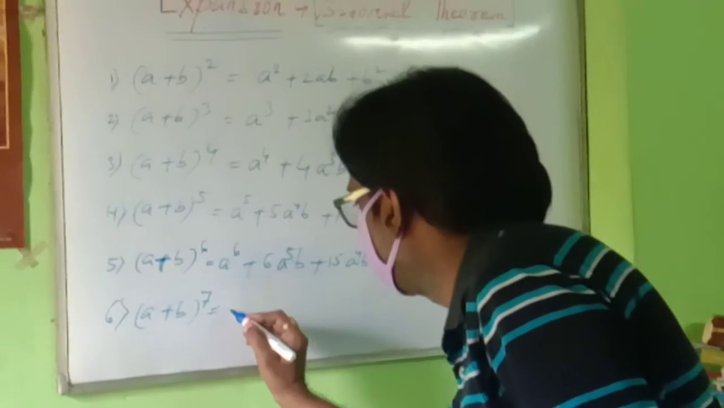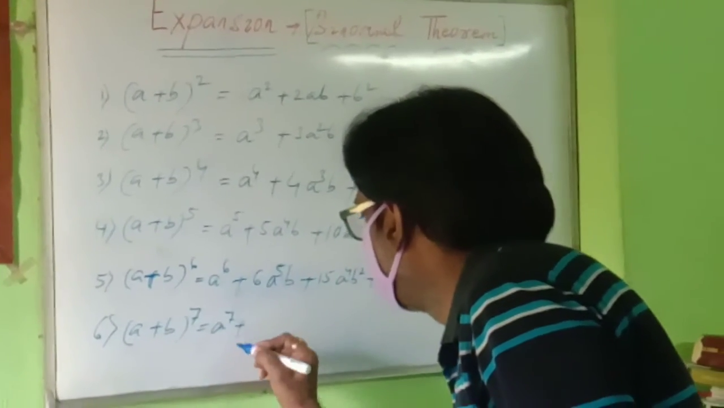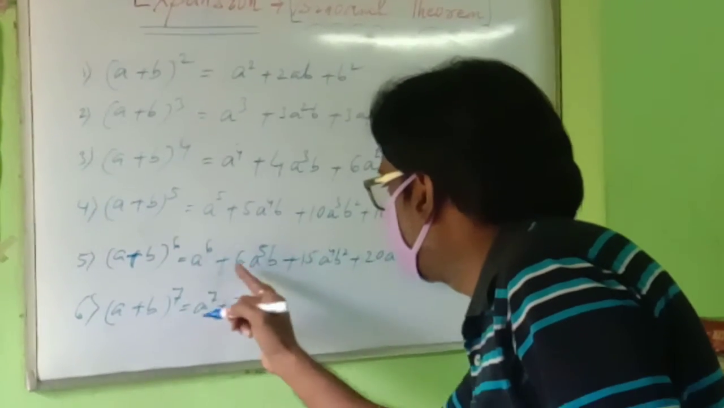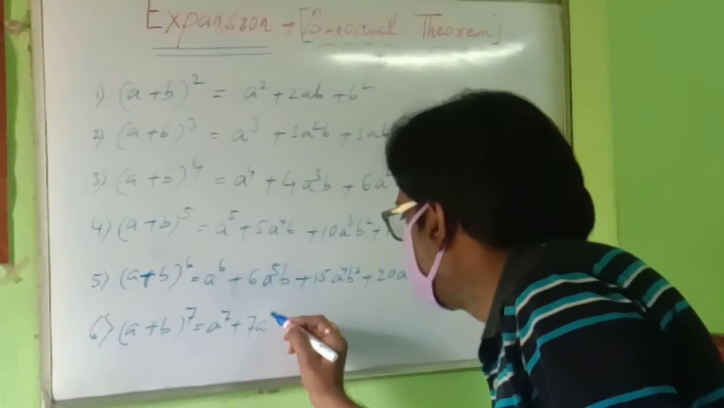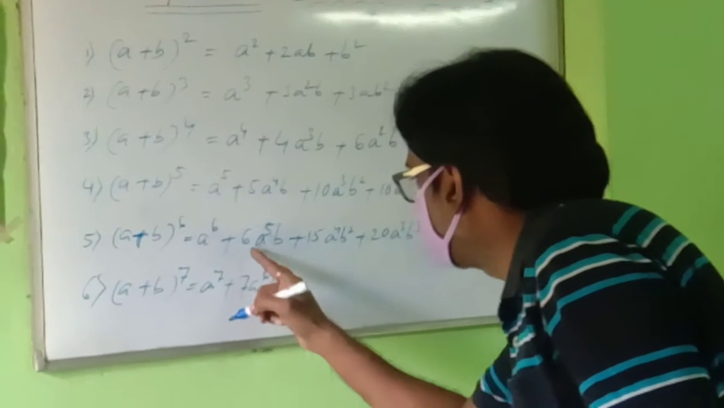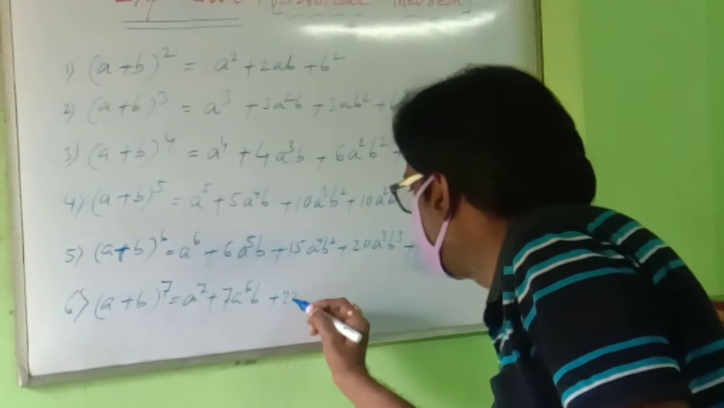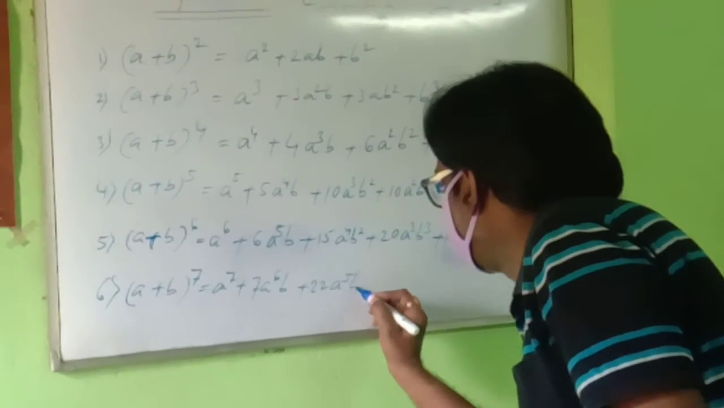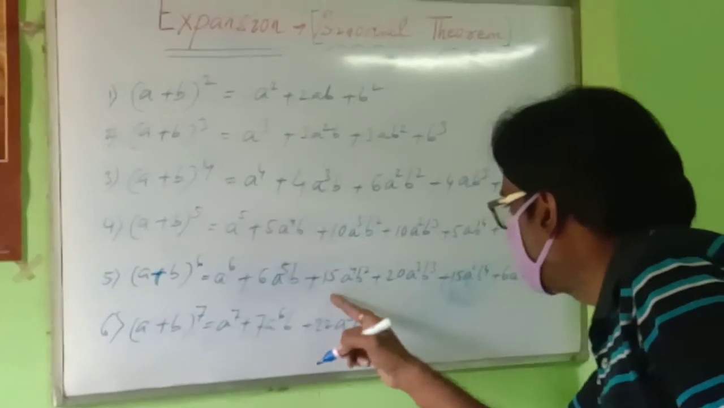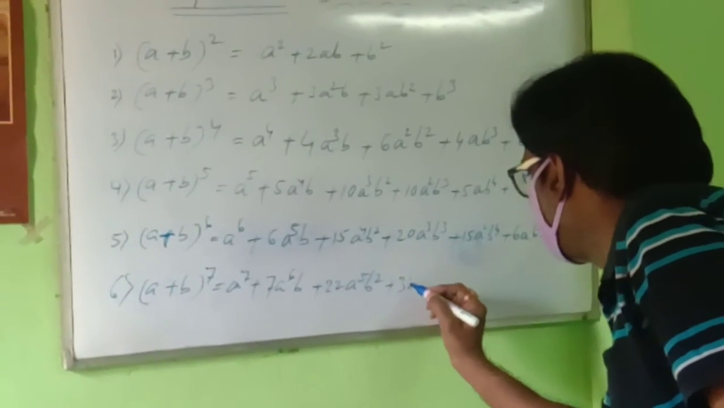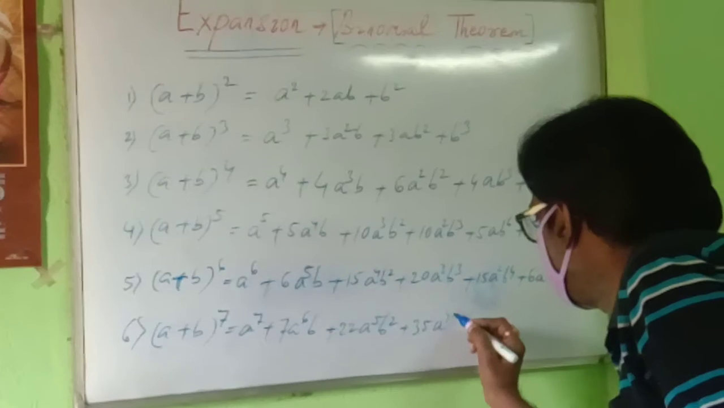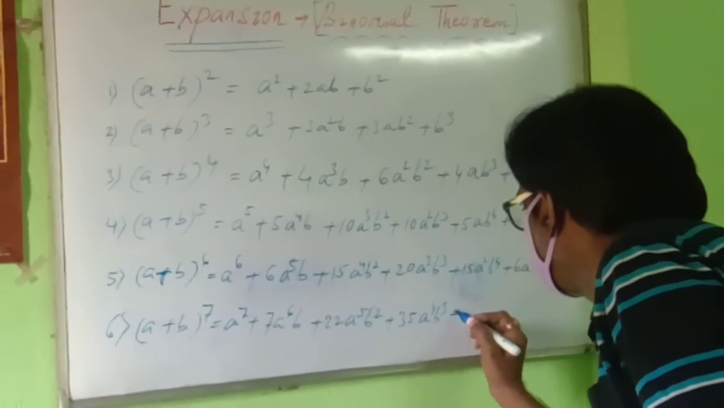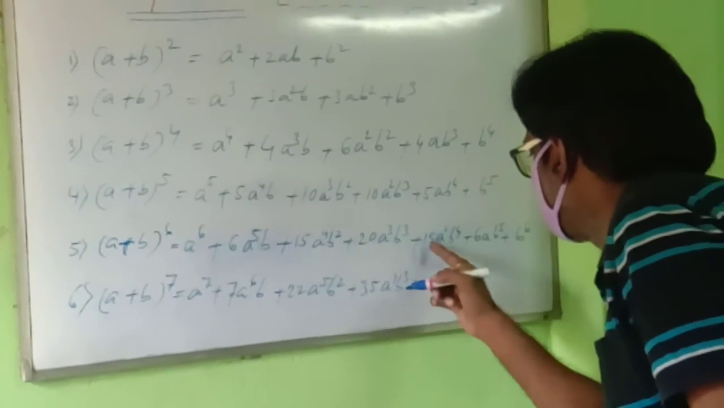Same process, this will be a to the power 7. Next it will be 1 plus 6, 7 a^6 b. Next it will be 6 plus 15, 21 a^5 b square. Next, 15 plus 20, 35 a^4 b cube. Next it will be 20 plus 15,